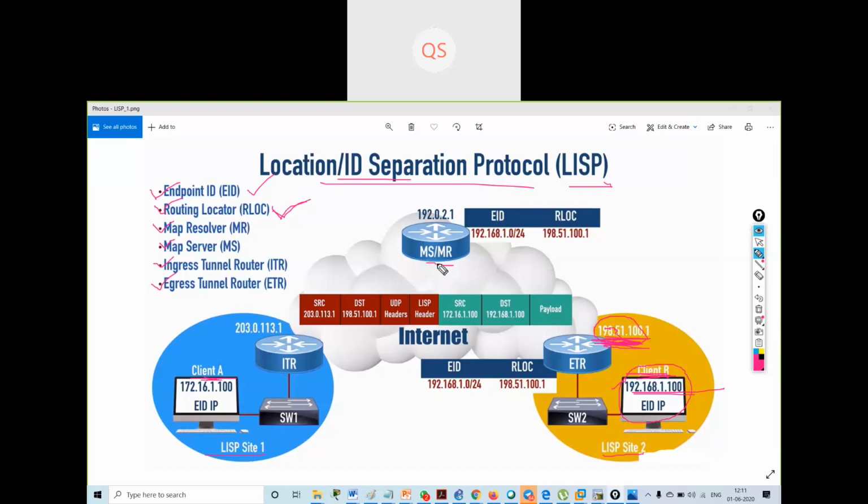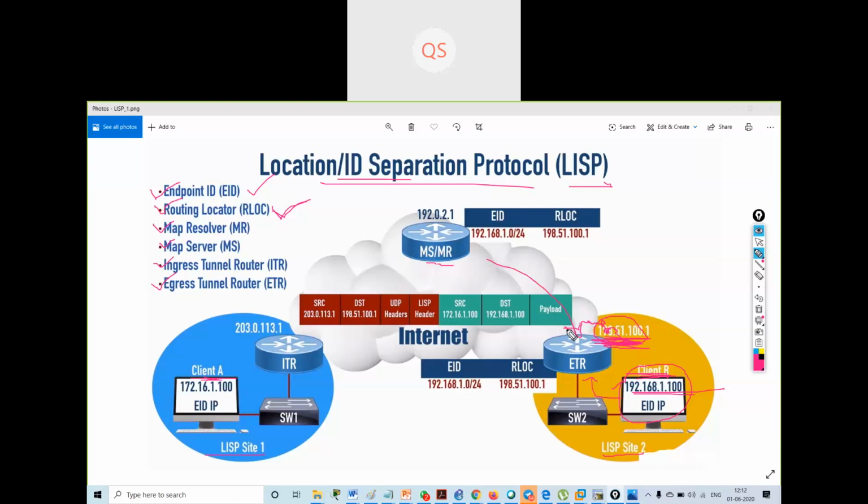The map resolver knows where client B lives, at the router at LISP site 2. We send an update that I am 192.168.1.1 to this RLOC router.